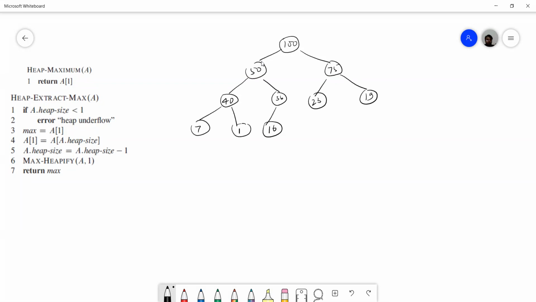Okay, so maximum, since we are having a max priority queue, which is represented by a max heap, we all know maximum is the first element.